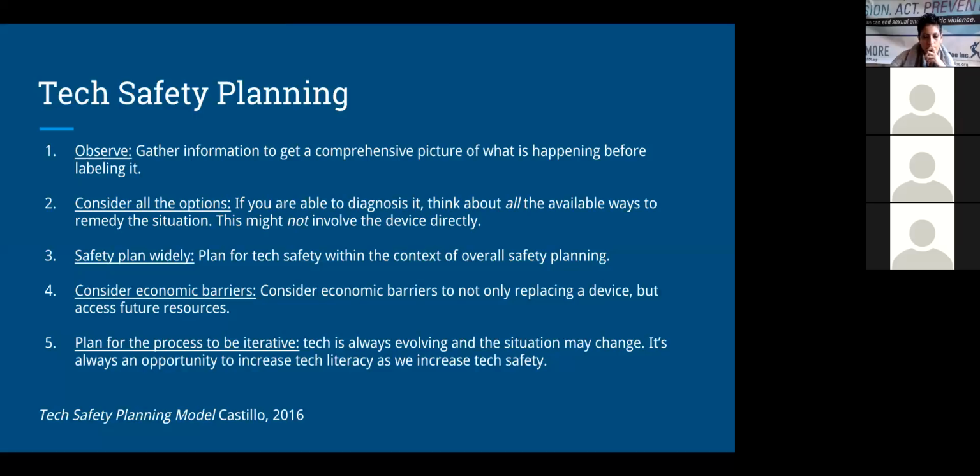The 4th is that you want to consider the economic barriers to whatever safety plan you're helping the survivor to craft. For example, maybe 6 or 7 years ago, survivors would have their cell phones taken away from them when they went into shelter. Now that we have much more trauma-informed practices around this, we realize that this is a huge financial barrier. And this isn't just the cost of replacing the device. It's also the cost of taking away a tool that someone is going to need to restabilize